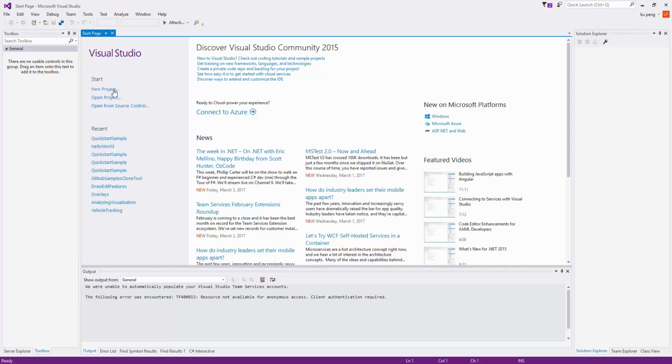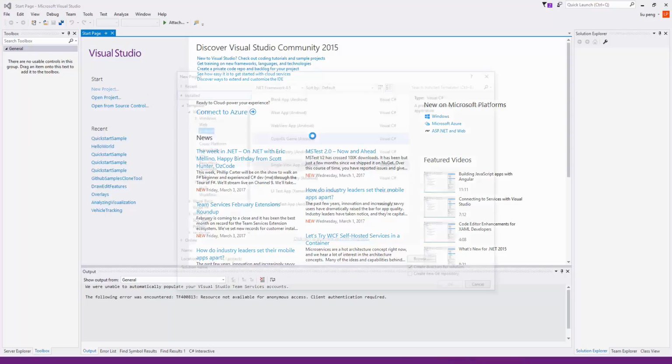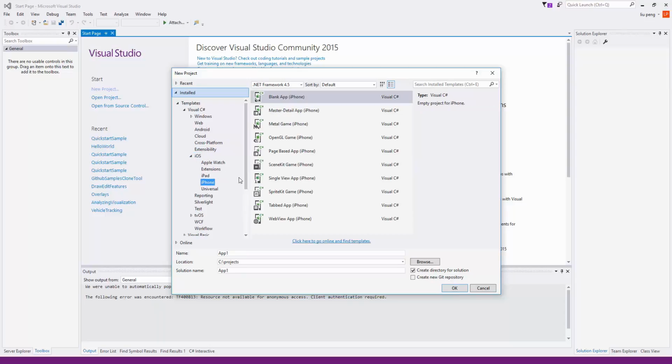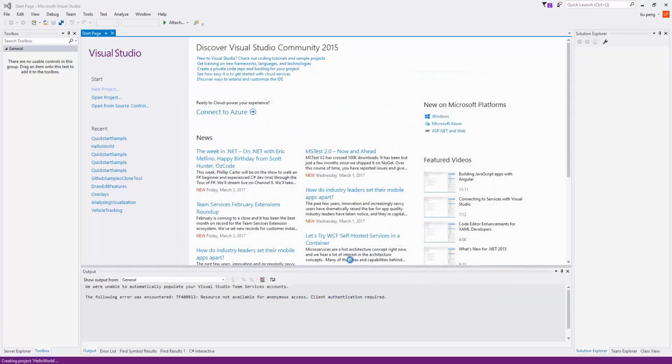In this video, we will create and run a sample for Map Suite Mobile for iOS from NuGet. To start, we will create a new project, choosing iOS, iPhone, and then Single View App. Let's name our app Hello World. After a few brief moments, the project will load,